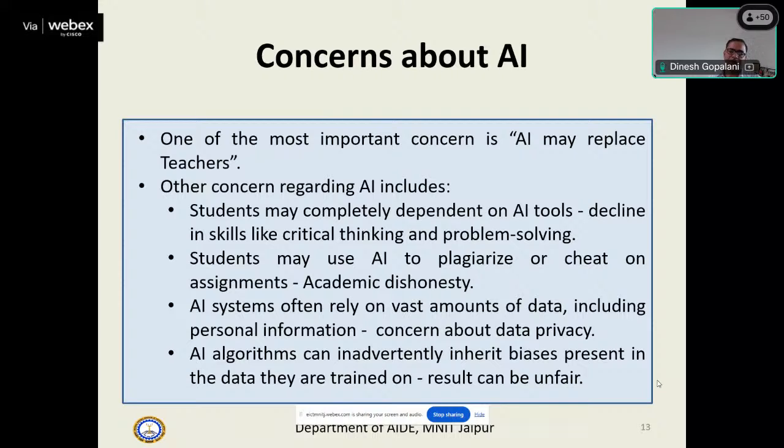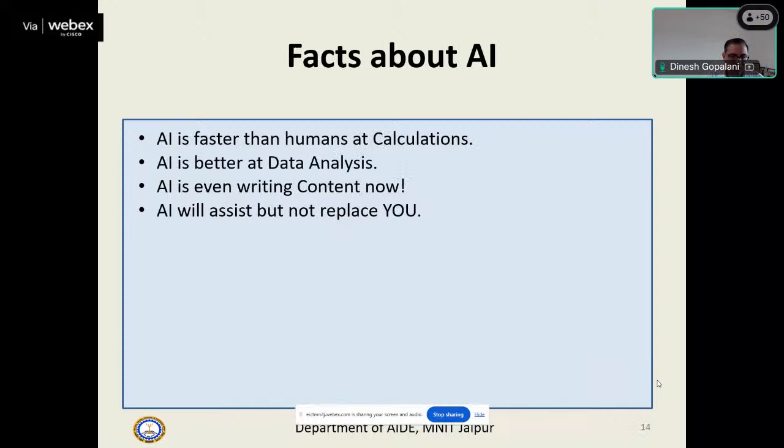And as we all know that these AI algorithms can be biased also actually, because they are trained on the data which is available to them, and if data is not fair, then the training will be biased, results can be unfair actually. So all these concerns are there actually. Fine. So next is